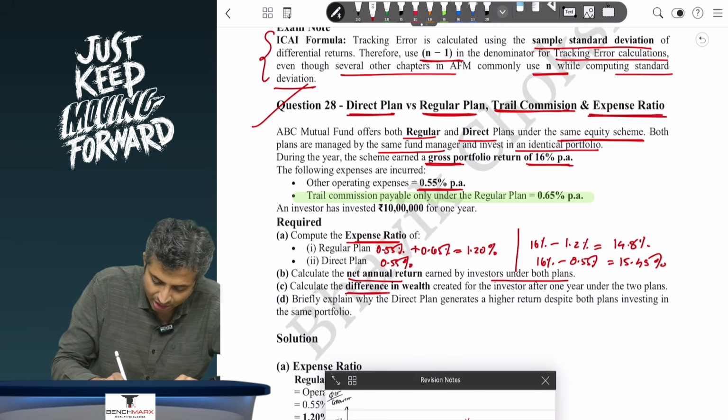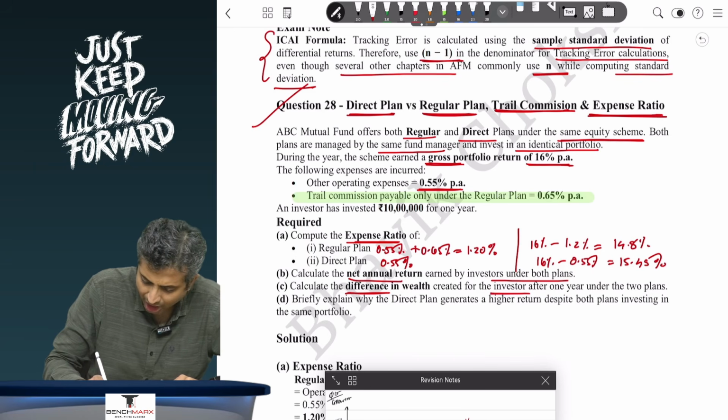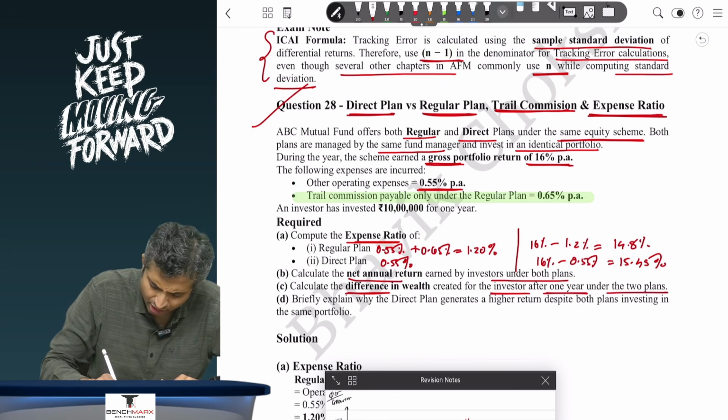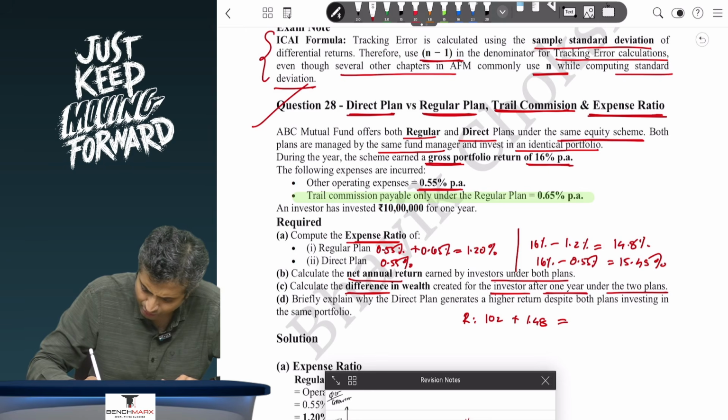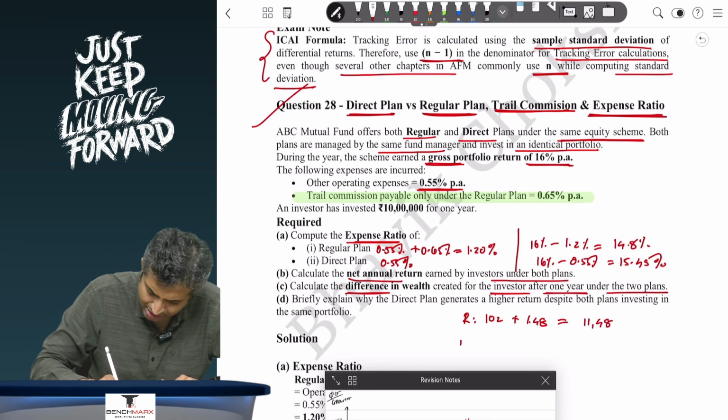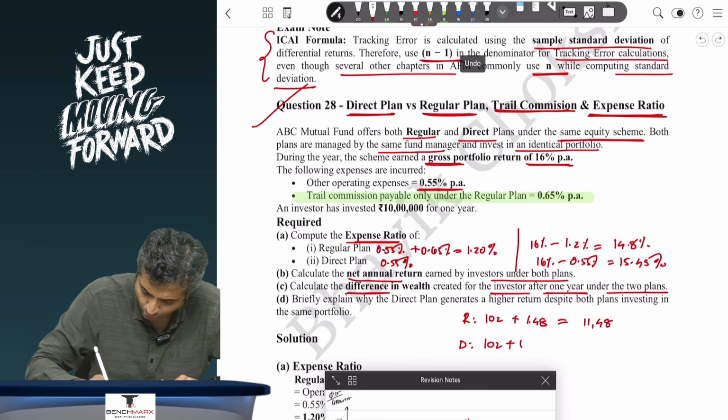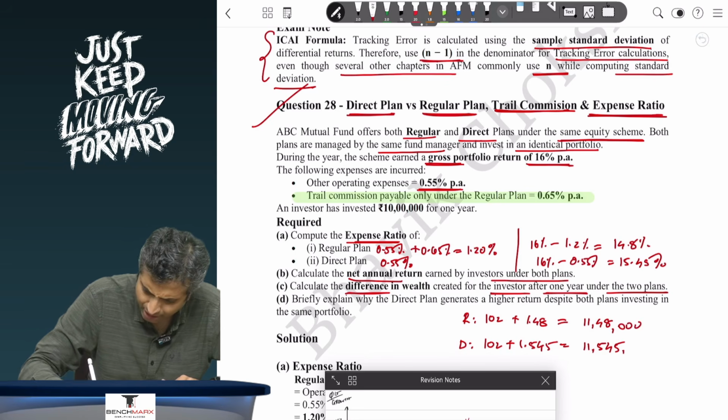Calculate the difference in wealth created for the investor after 1 year under the two plans. Well, the wealth under the regular plan will be, you had 10 lakhs plus maybe you would have earned 14.8%. So this is 1,48,000, and hence the wealth would be 11,48,000. Whereas in a direct plan, you started with 10 lakhs plus 15.45%. So this is 1,54,500. So this will be around 11,54,500. So there is a difference, I believe, of around